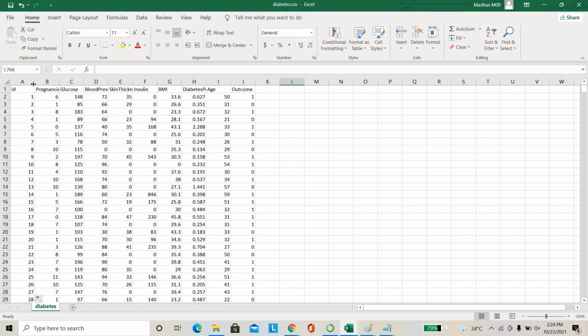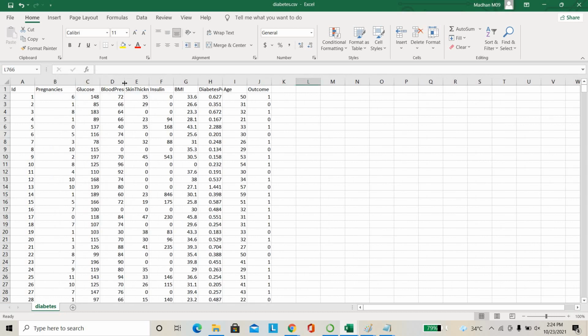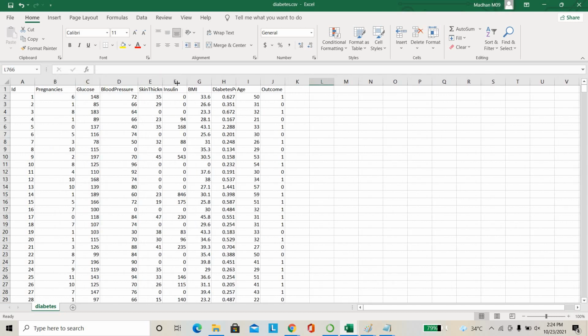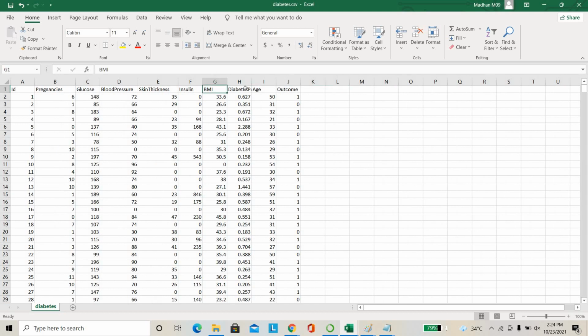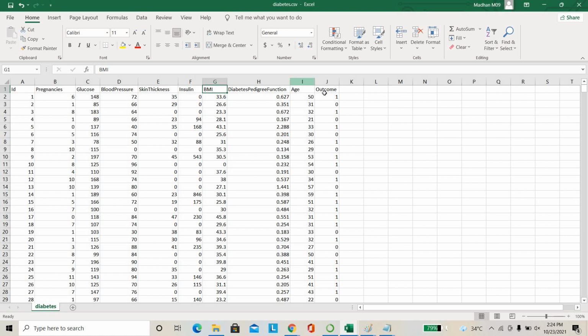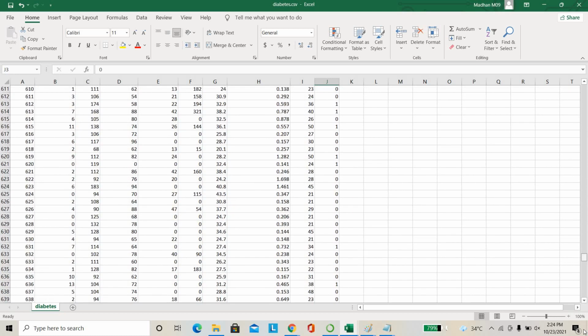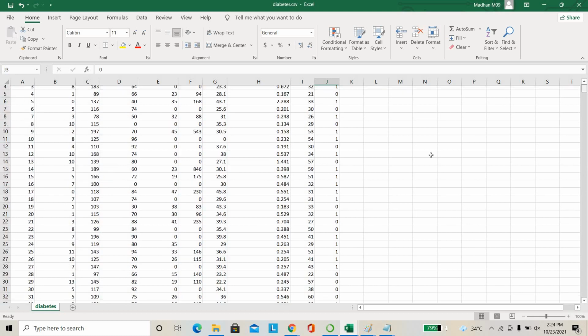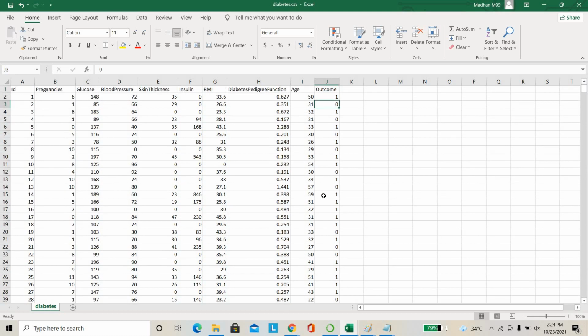The parameters we are going to take are the number of pregnancies, glucose level, blood pressure level, skin thickness, blood insulin level, body mass index, then diabetes pedigree function, then age. Depending on that, we are taking some patient data, and we have to mention which cases belong to diabetes and which do not. So we are taking some reference dataset here. Based on the dataset we are going to predict diabetes.